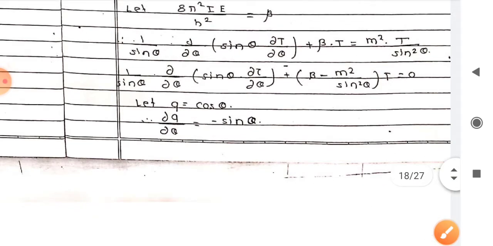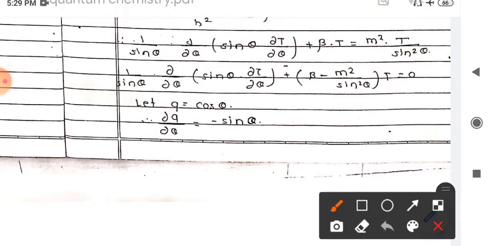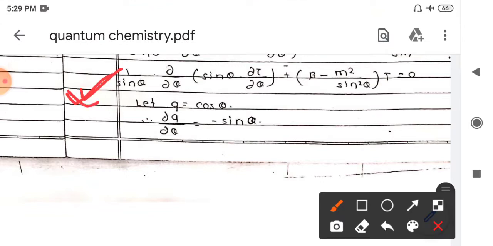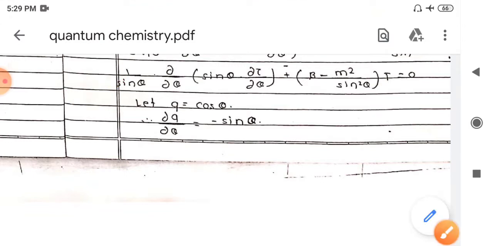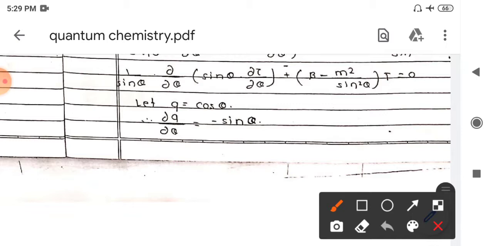So we have rearranged this equation in the standard form. This type of form matches a mathematical equation which has some general form of this type. So we have tried to convert our t equation into a general mathematical form so that we can obtain the solution. In order to obtain the solution, again we are making one assumption.